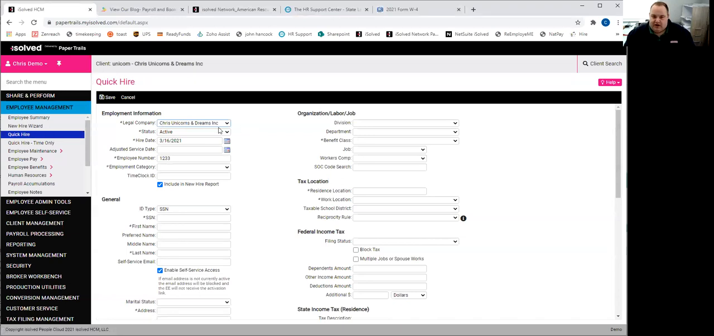So in this situation, we only have one company, so that's what we'll use. They're obviously active in status. Hire date becomes important for benefits enrollments, retirements, eligibilities, things like that. So it's important to try to get as accurate of a hire date as you can. I'm going to add this guy after the fact, so we'll go ahead and just put he started last